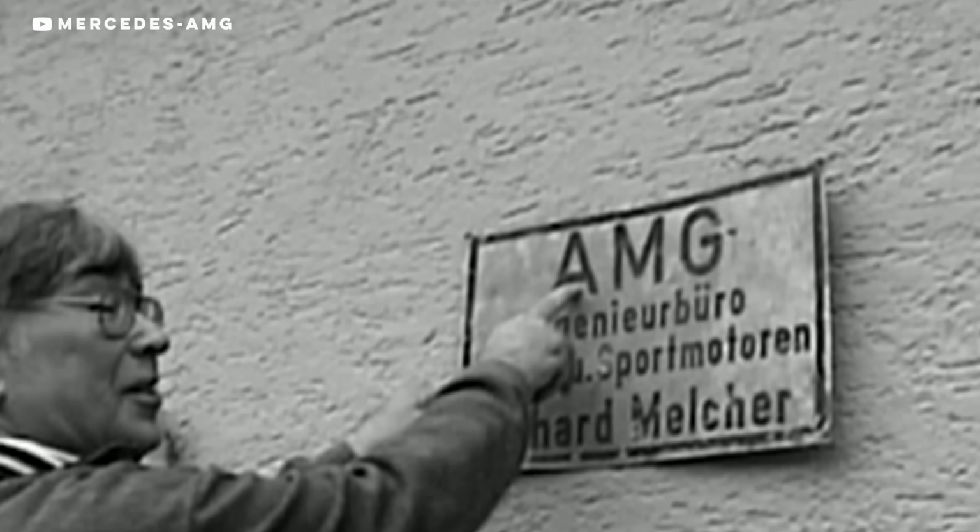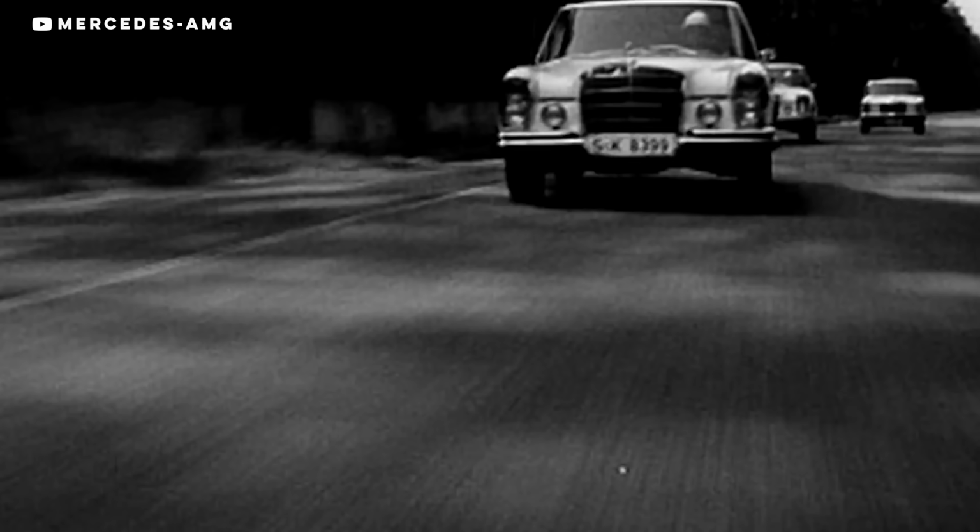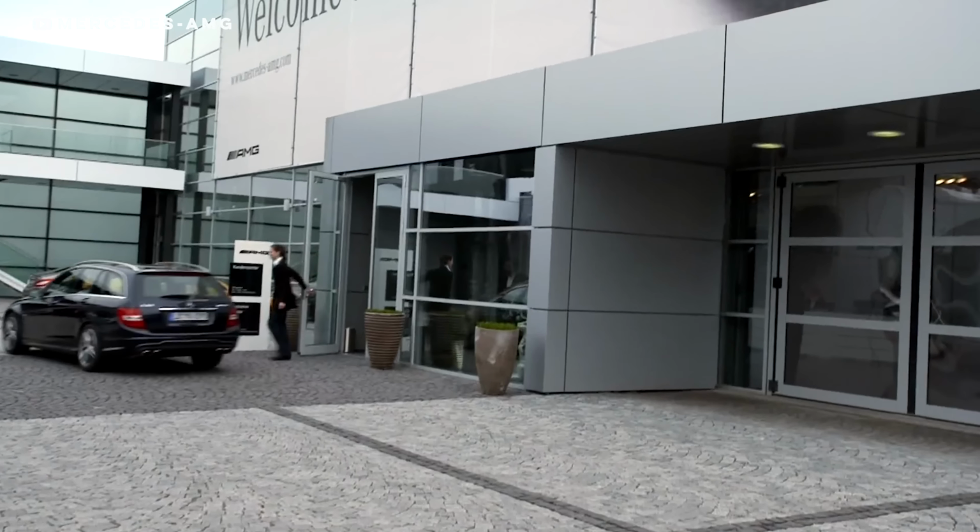Another main way performance brands tend to materialize is as independent tuning shops who over time develop a relationship with a specific manufacturer before usually being bought out and brought in-house. This is true of German marque AMG, which was founded in 1967 as an engine tuning shop by some former Mercedes employees and worked successfully with Mercedes for years before being bought out and brought into the Daimler Mercedes group